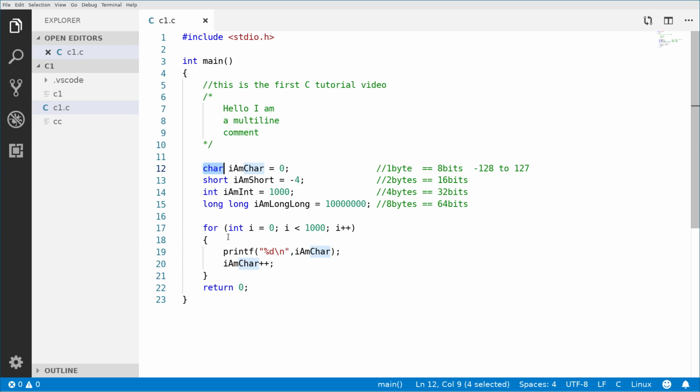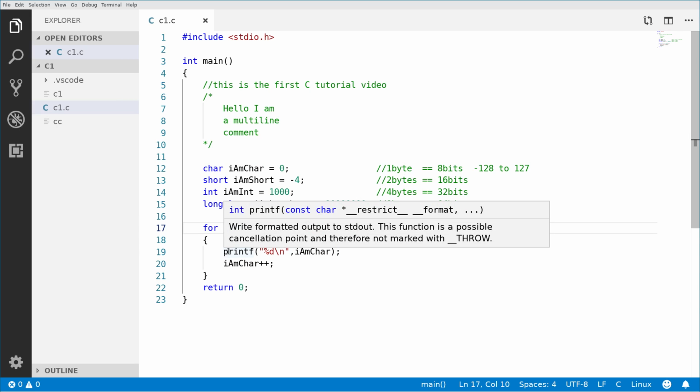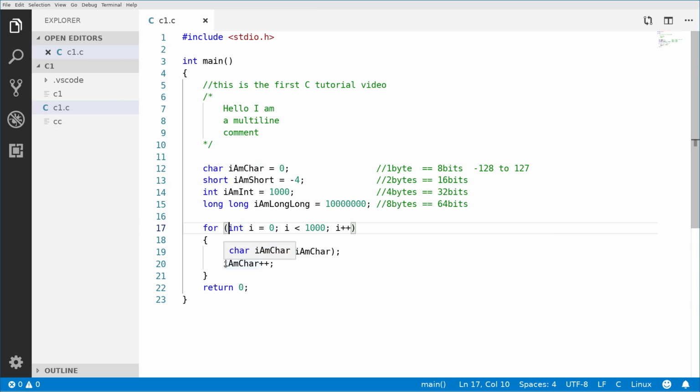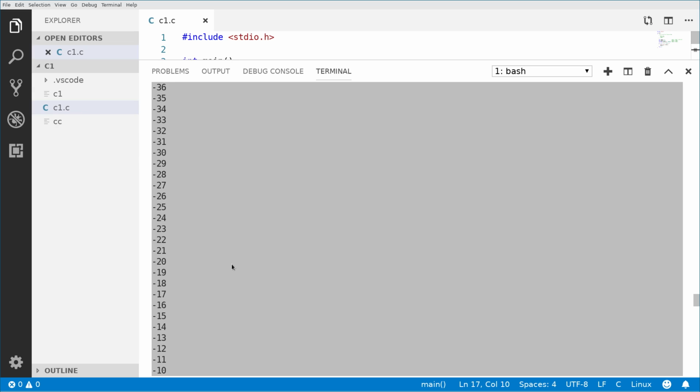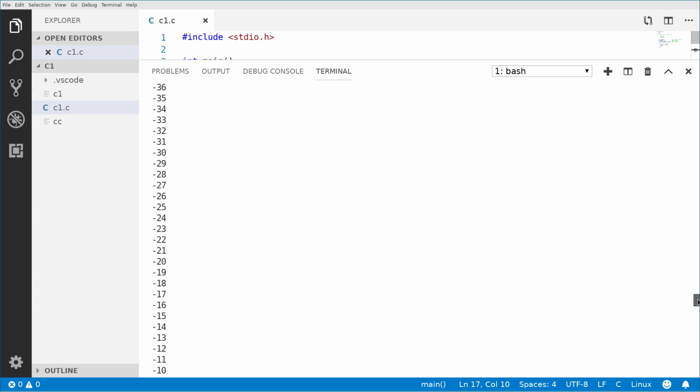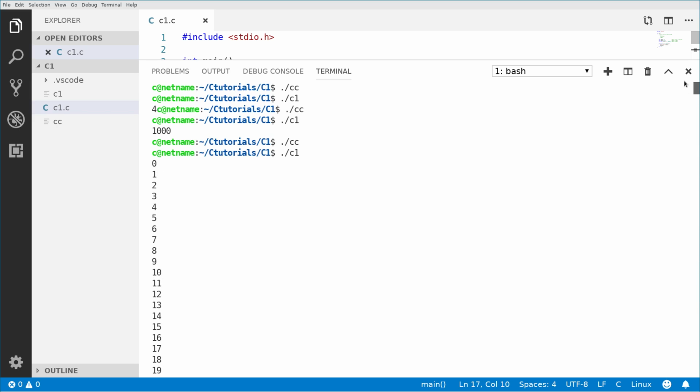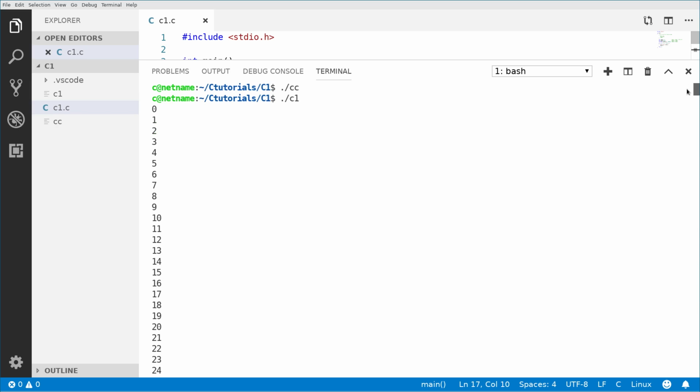This for loop prints 1,000 times the char value, and after it prints it, it increases its value. So as we remember, we ran the program in the previous tutorial, and this was the output, which started with 0, which was the default state of the variable, and then it went up to